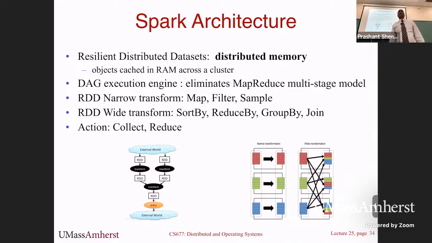So think of it as a large distributed memory system. Rather than thinking of the memory on your system as a collection of RAMs on each machine, you just think of, I have RAM on multiple machines. I just take all of their union, I get a big pool of memory. Whenever my Spark system produces intermediate data sets, I just put this into this memory, and it